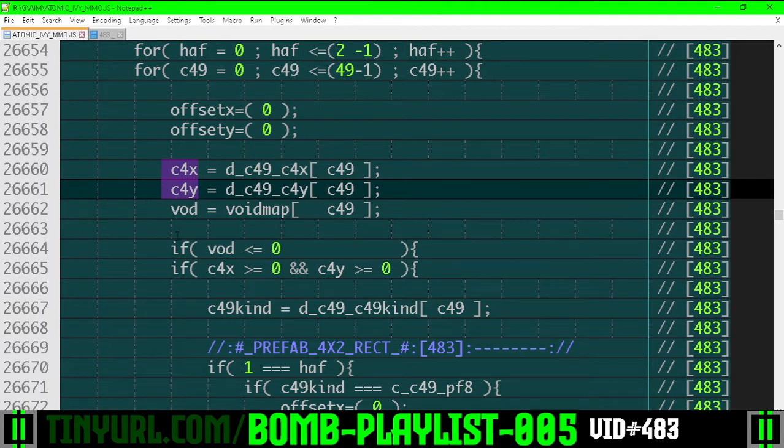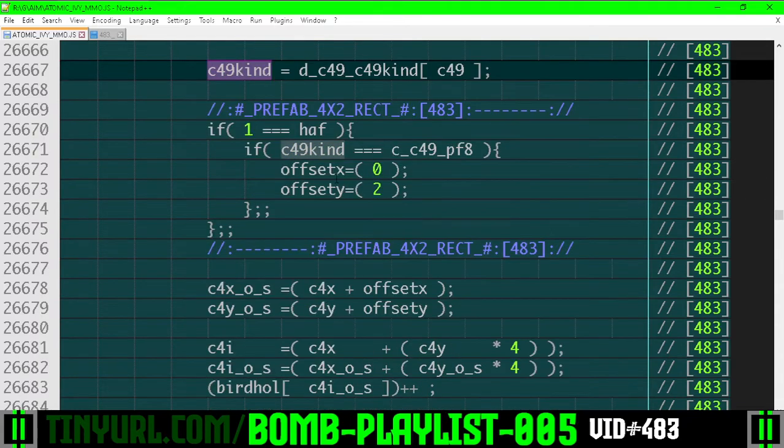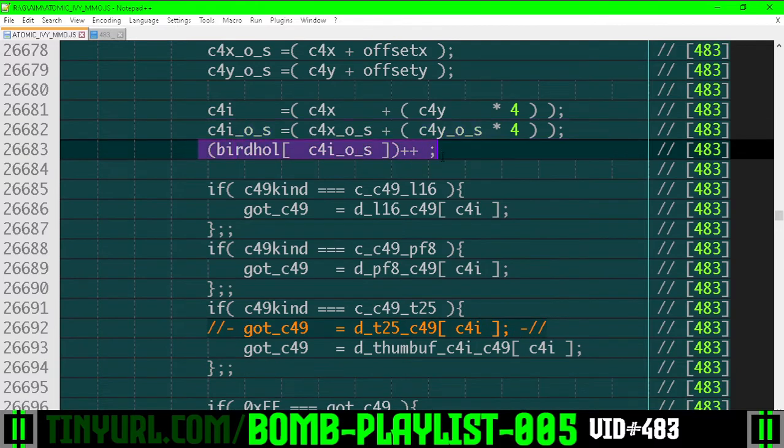We're going to take a master memory cell and carve it into a 4x4 grid. This is whether or not we're on a void thumbnail cell. If we're on a void thumbnail cell, or if the C4X, C4Y is a trap value, then we are not going to enter here. Otherwise, we want to know what kind of C49 cell we have. And if we are on the bottom half and it's a prefab cell, we're going to shift down to the bottom 4x2 block of cells overlaid over the master memory. We have the offsetted C4X, C4Y. We have the index of the non-offsetted, the index of the offsetted, and we're going to increment our bird holes